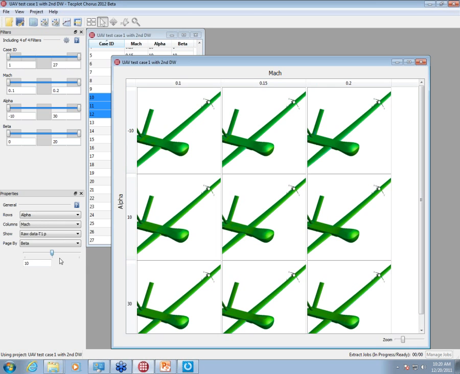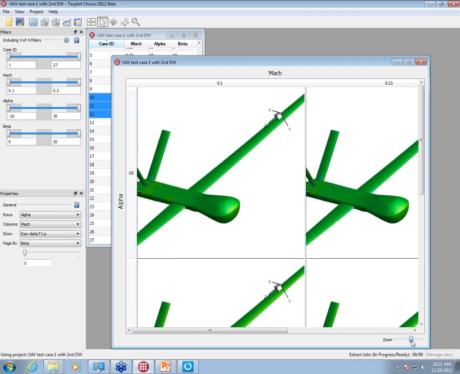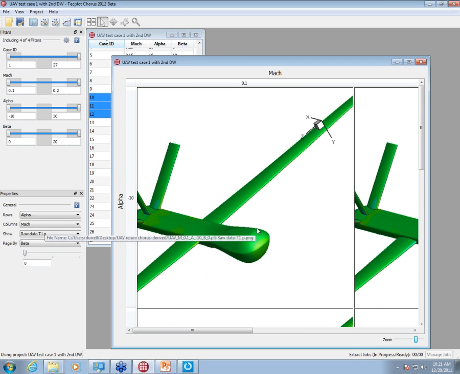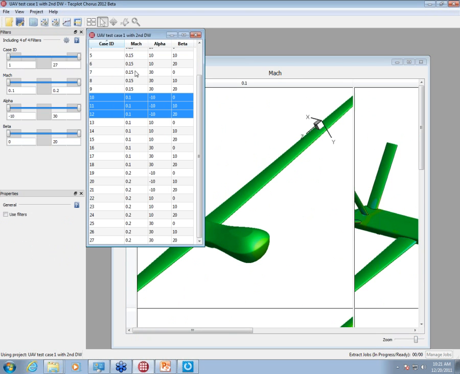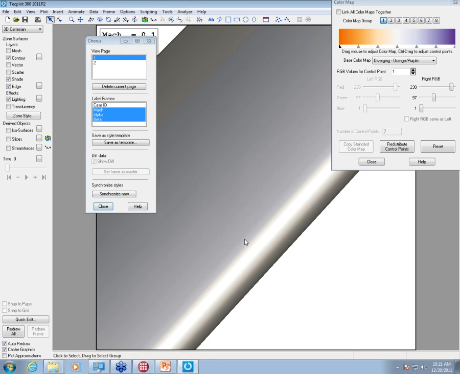And although it doesn't look like there's much change here, there's in fact change. And if you would zoom in a bit, perhaps you could see that a little better. But this is a classic example of, I went through and I'm not seeing a lot of change. Maybe I need to change what I'm looking at. Right. Now, in this case, you might actually go back and change your contour levels in your initial plot